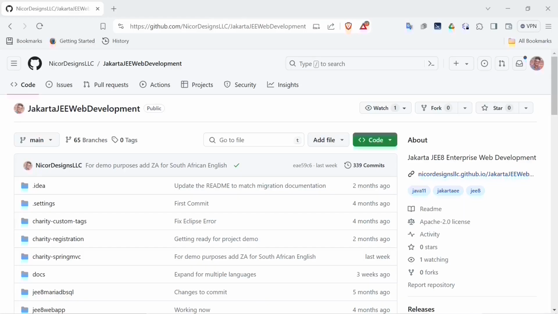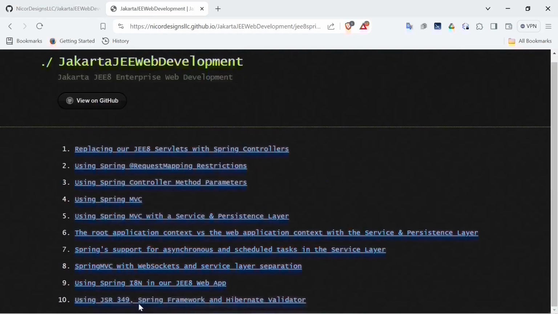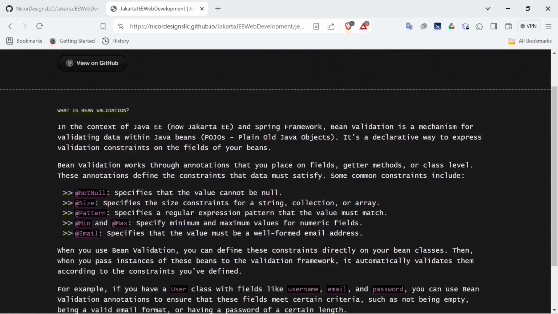And now it's time to go to our course documentation. We'll go down to Spring Framework Enterprise Development. In here we select Using JSR 349. And first we will look at what is Bean Validation in the context of Java Enterprise Edition and the Spring